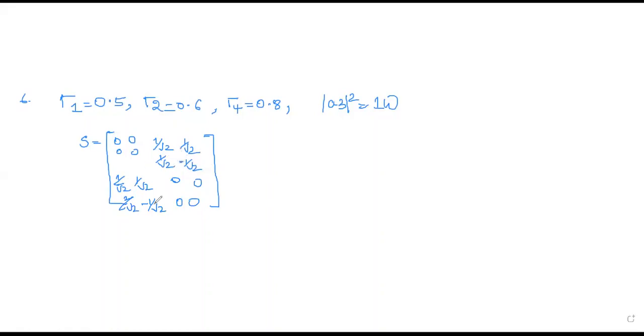Now what you have to do is first find out the relations of B1, B2 because you are finding out one, power reflected at port 3. Other thing you have to find out is the power transmitted to other 3 ports, which means you will be finding out for port 1, port 2, port 3, port 4 the transmitted powers B1, B2, B3, B4. To find that, first you have to write the equation in terms of B1, B2, B3 and B4.